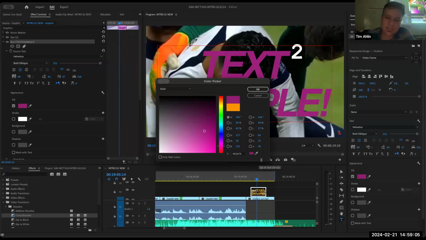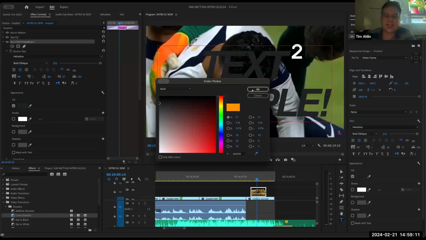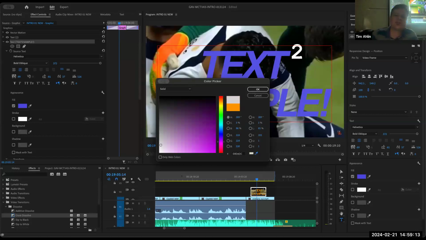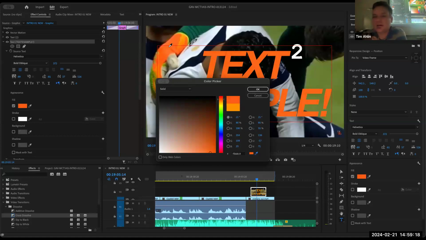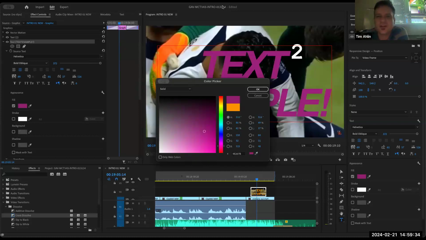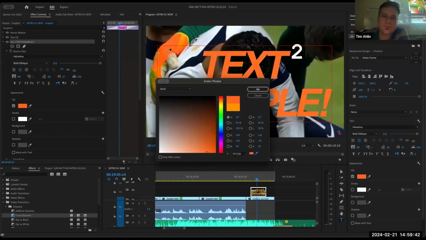Other interesting element here is our eyedropper tool. An eyedropper tool, I can select and it will choose any color that it hovers over. So you can see like, oh, I want it to be the same color as this guy's glove. And I want it to match perfectly, right? I could go in and eyeball it, but everything kind of looks green on their horrible thing up there. But look, it'll even choose, oh, I want this purple from over here, or, oh, I got off of it because I hit that. But we can select, and yeah, let's go off the orange of his glove.